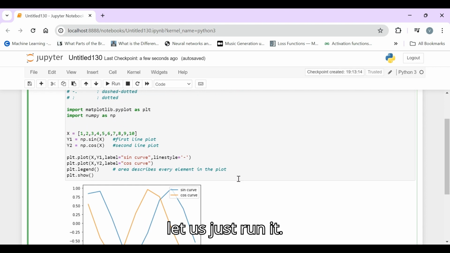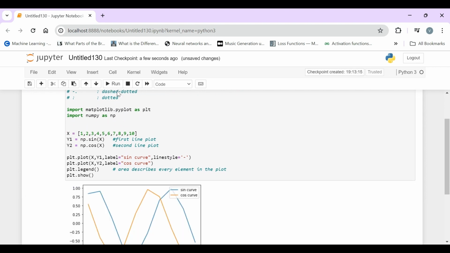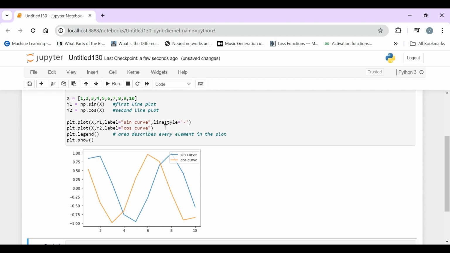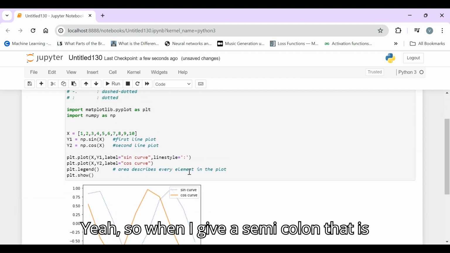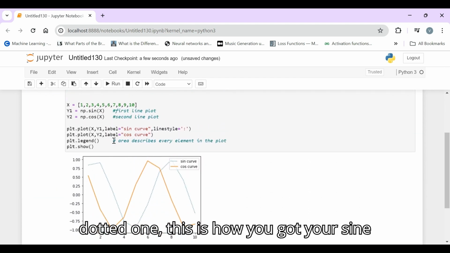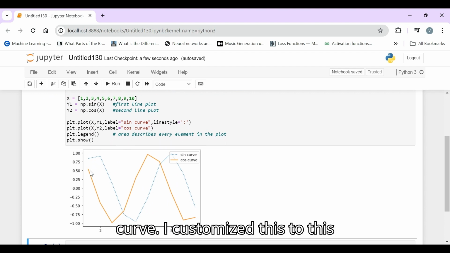So let us just run it. Yeah. So when I give a semicolon, that is a dotted one. This is how you got your sine curve. I customized this to this.